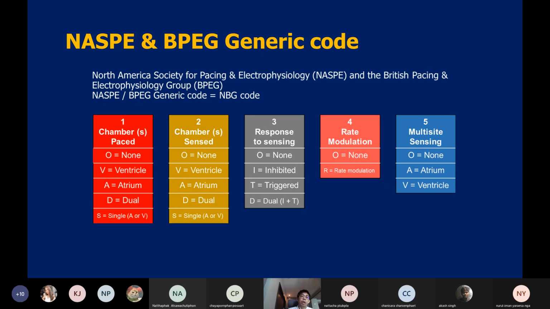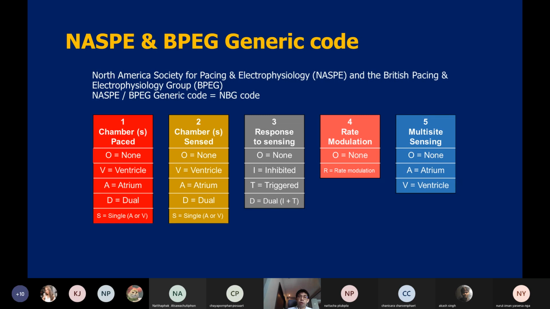If you have A in the second letter, it would represent that the pacemaker could sense the intrinsic rhythm from the atrium. And for the dual chamber pacemaker, the pacemaker could sense intrinsic rhythm from both chambers. We use the letter D. So we have the first letter for the chamber that could be paced, the second letter for the chamber that could be sensed, and